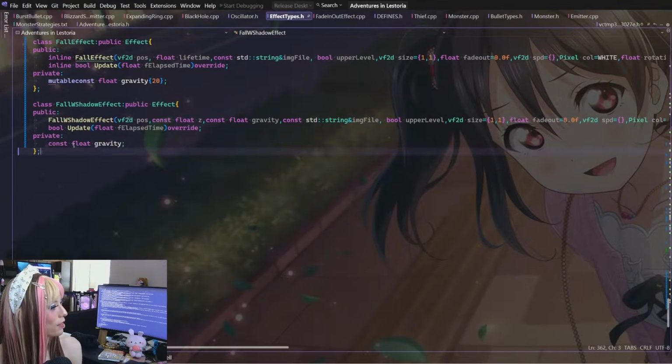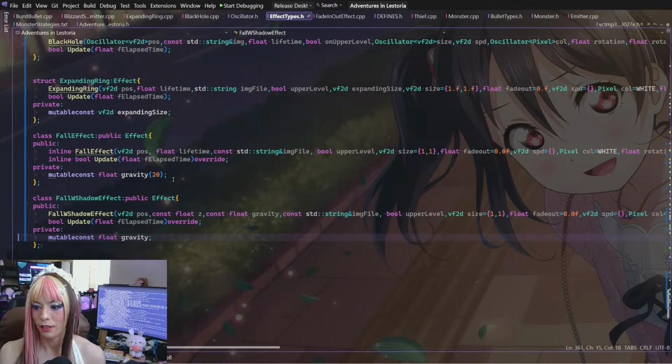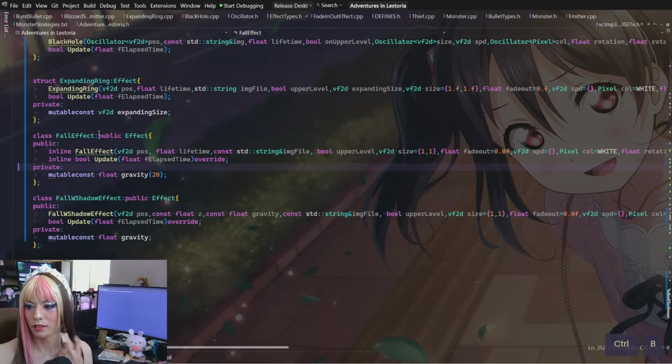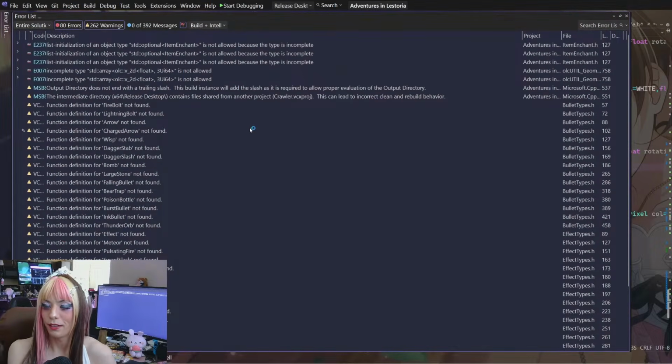I think there's another const here, so that's not copyable or movable. That's my bad. Let me just restart this compile. Okay. Redo. And hopefully we make it a little further.